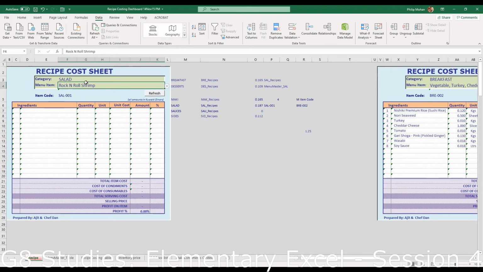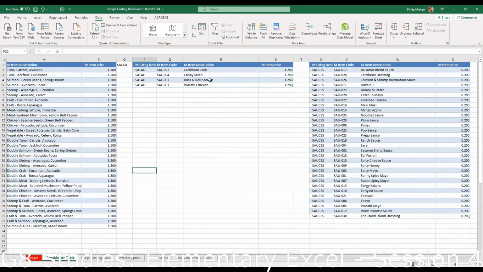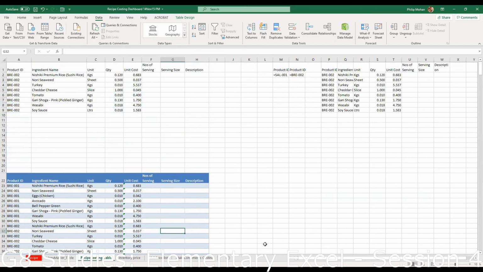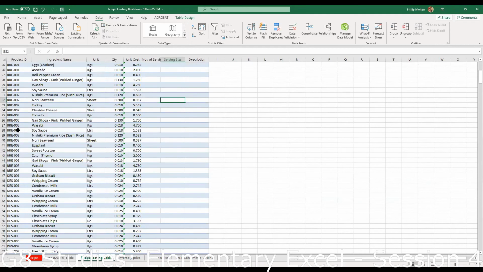Salad 001, and this is if you go to the menu master for salads. Rock and roll shrimp salad is SLA 001. And the recipe costing table, what is the VRE 002. Yeah, see, these are all the items for the rock and roll shrimp salad.